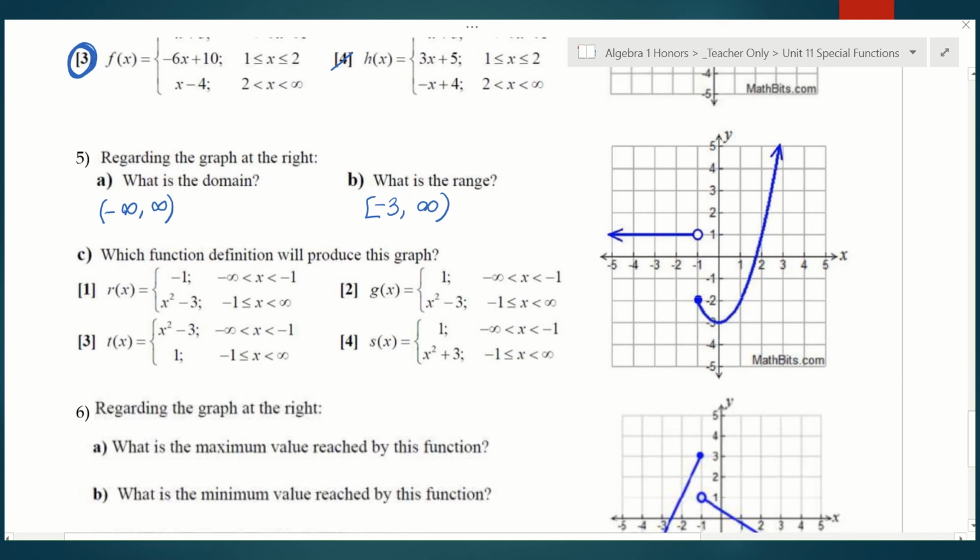Part C, which function definition will produce this graph? Okay, so another kind of process of elimination. The first thing I would look at is this piece right here. What's the equation of that line? Well, the slope is 0 and the y-intercept is 1. So that equation is y equals 1. Okay, so right away we can eliminate choice 1 because that says that the line is y equals -1,